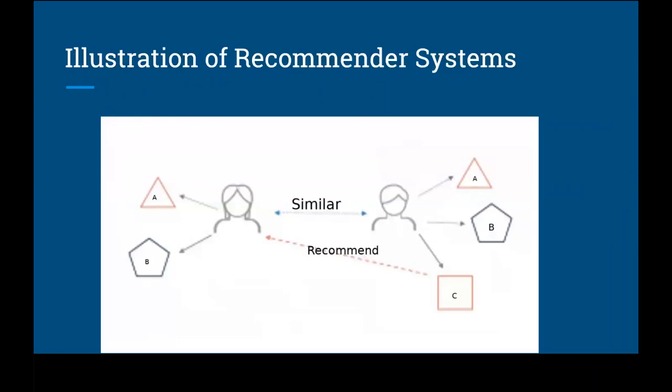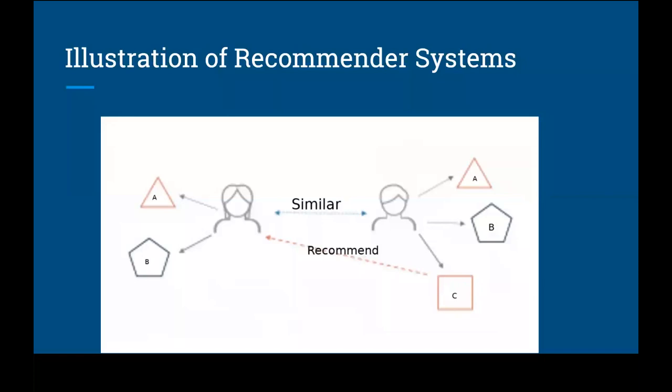Okay, so this is an example of how recommendation systems work. Let's say a person on the left has watched A and B. Person on the right also has watched A, B, but has also started watching C. Now, what can you do? You can start recommending, hey, these two persons have watched A and B together, and the person on the right is watching C. Let me recommend this to person A, right? So this is a very simple way of thinking how you can start recommending movies or products or songs. I hope this is clear, right?